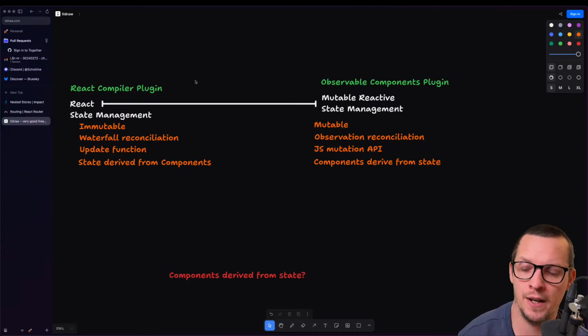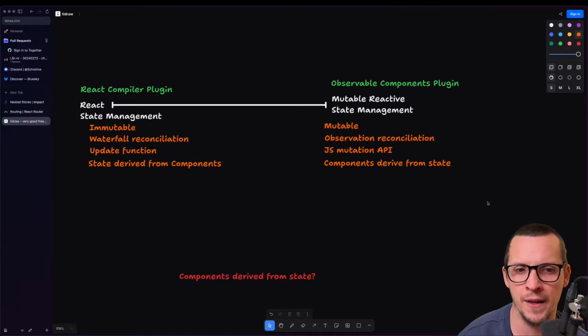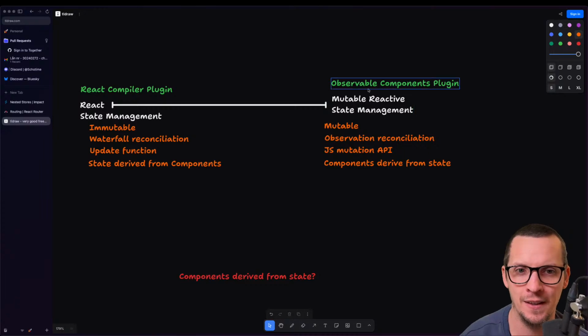It reduces how quickly or how it affects your developer experience. I'm not sure, but it's gonna be really, really good. And that's also why I really wanna push over to a different perspective, which is this. Okay, you wanna do mutable state management. We're gonna do observation instead of reconciliation. So we're not gonna mix these two.